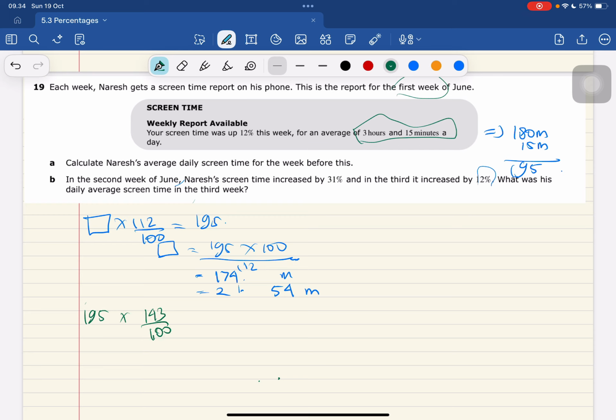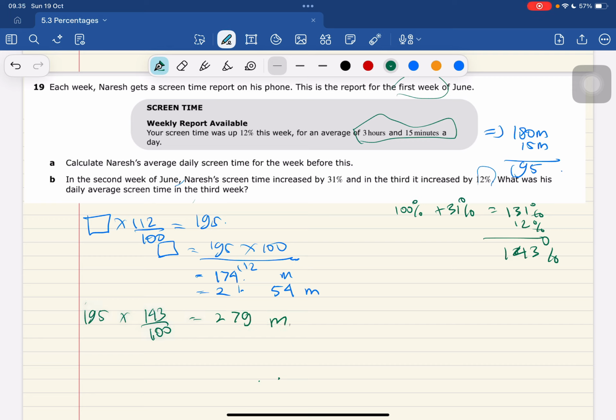So 155 times 143, and then we divide it by 100. So look at it, 100% plus 31%, 131, and then we plus 12, it's going to be 143%. So this will give us the answer of